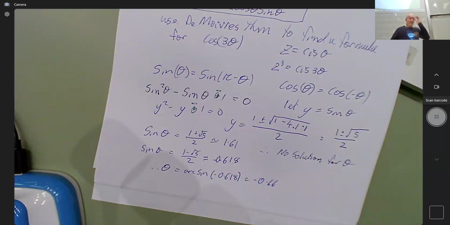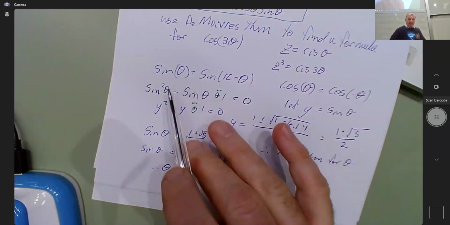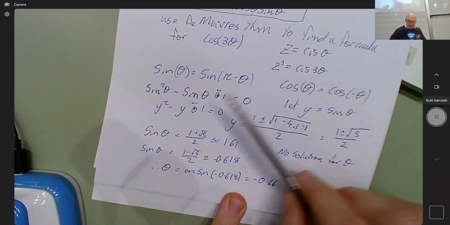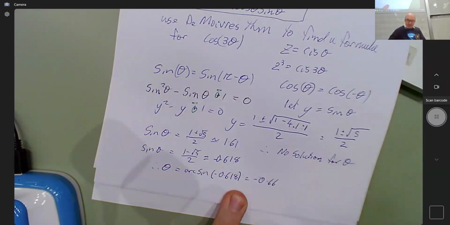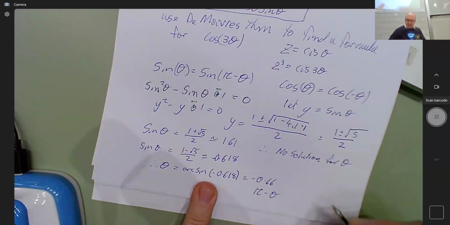And so this is where I now employ that there are two possible answers. So for a principal argument, this would be a principal argument. Ooh, cha-ching. All right, but for a principal argument there should be two, right? And so I'm going to use my thing here. Where did I write it? I wrote it here somewhere. So this one. I'm actually going to go, the other value should be pi minus theta,